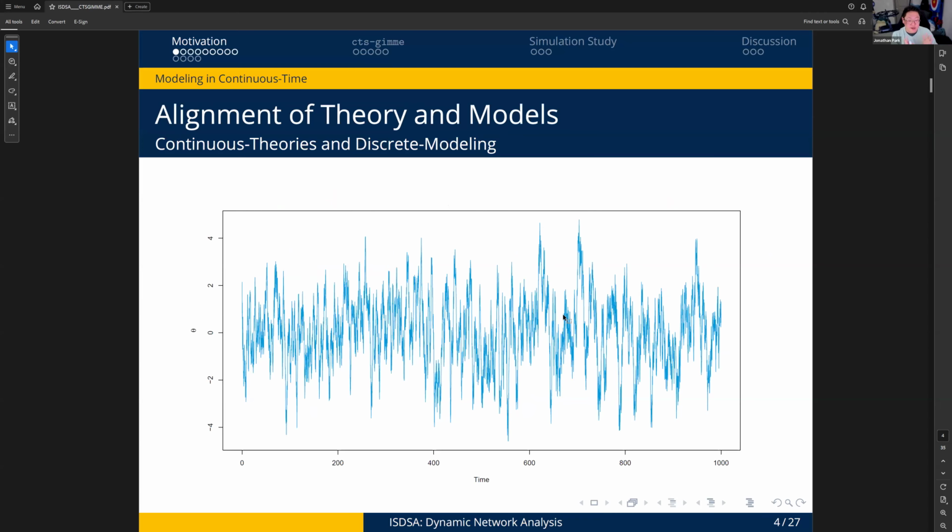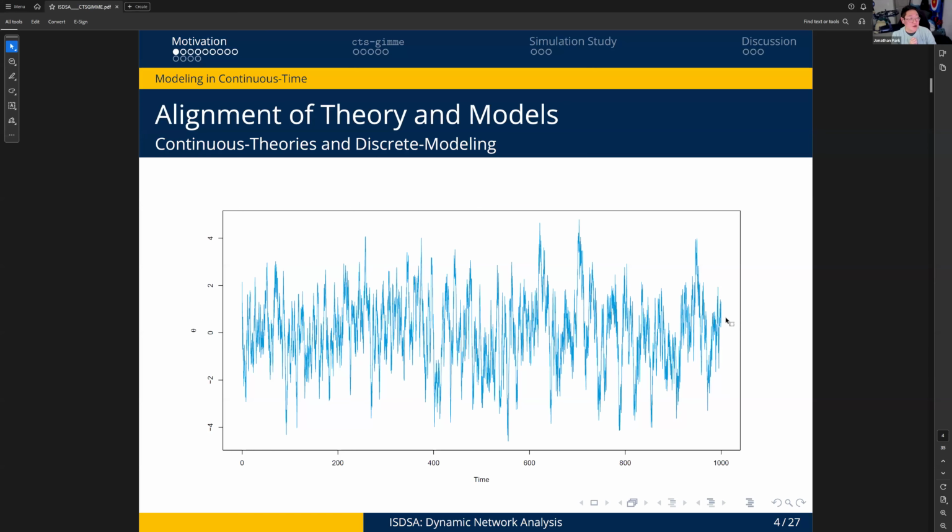This transitions to the idea of our theory and our models. We have continuous theories, or at least in psych, we like to talk about things as persistent things. So my depression is a persistent phenomenon. But we often model these things discretely. This blue time series is the continuous process that is unfolding. Because I always talk about depression, I'm just going to keep using that. With depression, you can imagine that I have some baseline level of depression. Sometimes I am a little bit more depressed, sometimes a little bit less depressed. And this is something that is always happening, regardless of whether we measure it or not.